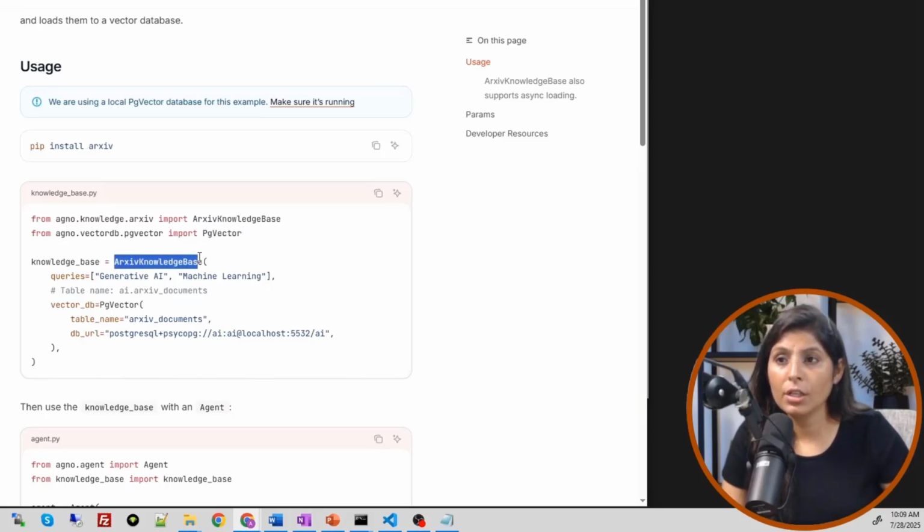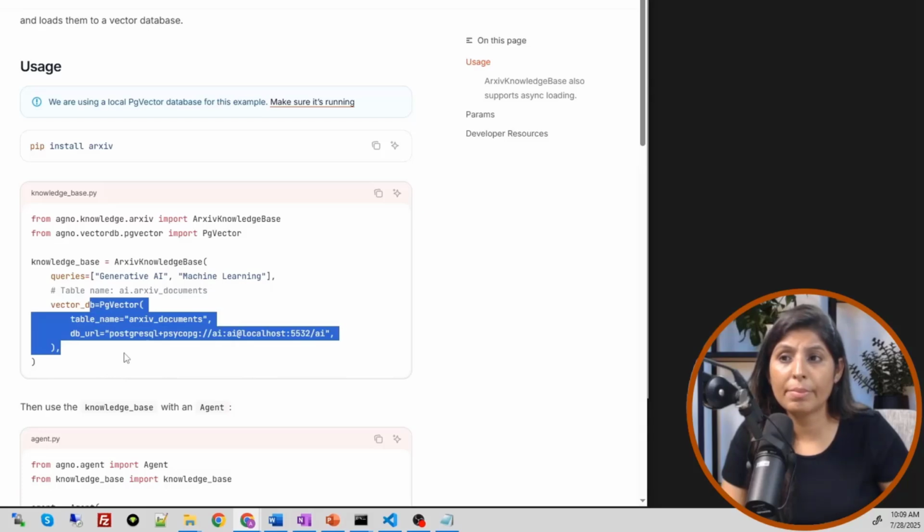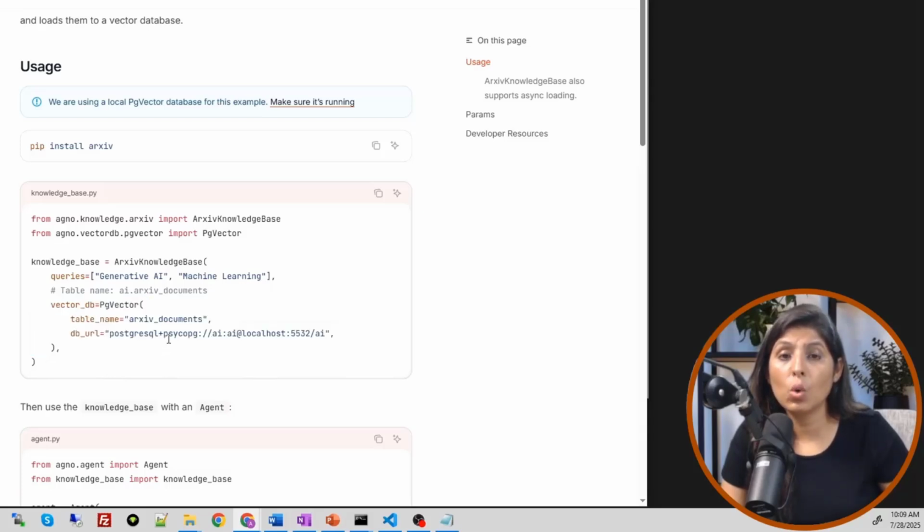Then here you will mention the queries: we want to search the arXiv website for generative AI papers and machine learning papers, and then we store those papers in the local machine. Now let me first show you how to download and install this PostgreSQL database, and from where you will get the username, the password and the table name, and then we will come back to this page and run this code.